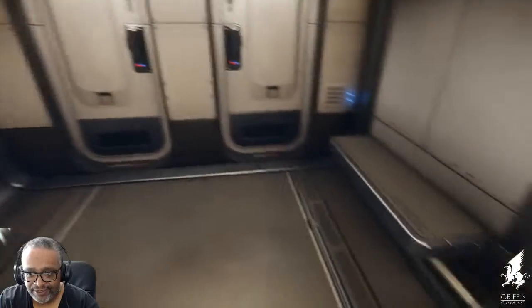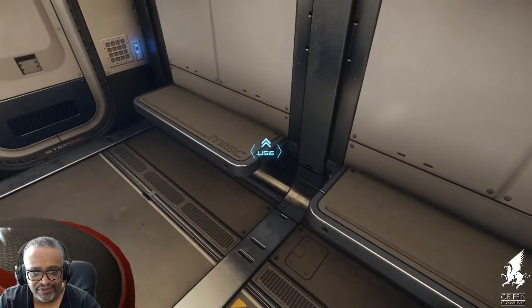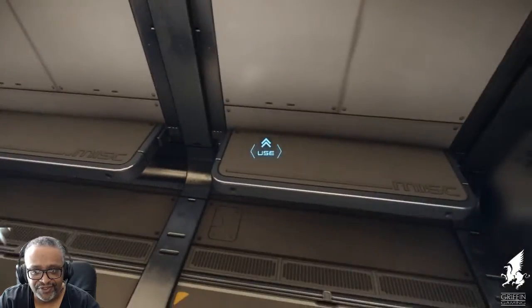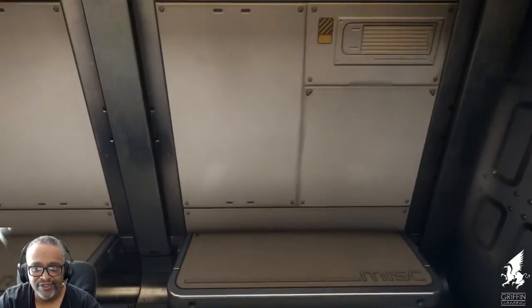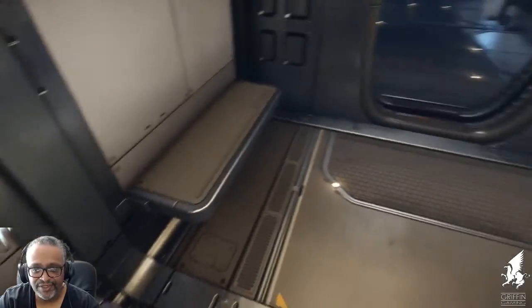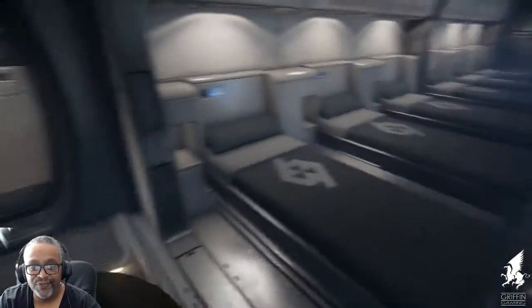Locker area here, benches to sit. It says use. That's interesting. Is there something to do here? No, it just says use. Okay, because I was going to say I don't think we can sit down or anything here. It's the first time I've noticed that it said that. Maybe it was for the door. Okay, so we're going to leave out of this area,